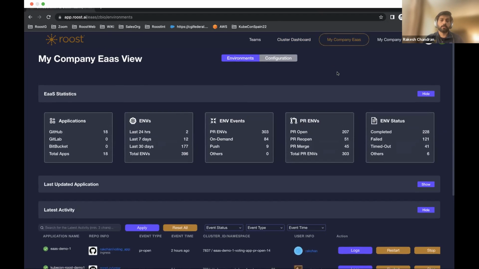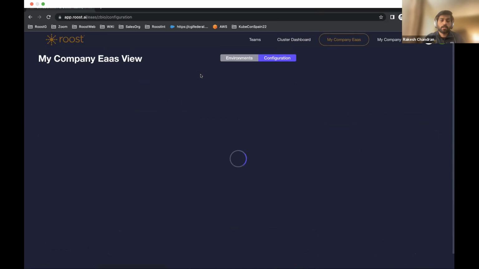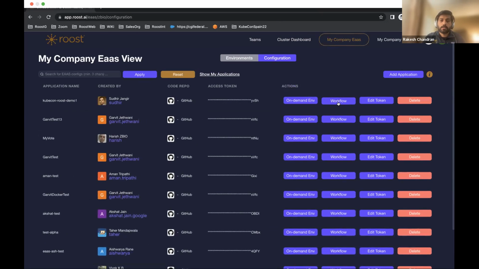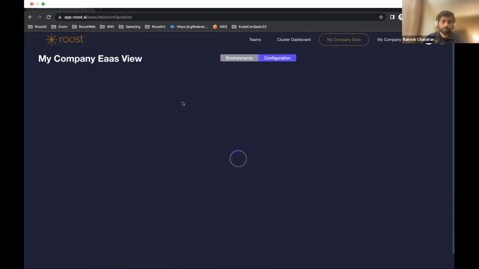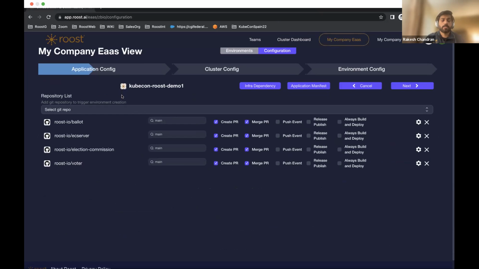This is where we can define the configuration. Here, I'll take an existing workflow. In this one, we have 4 microservices and the GitHub integration. The first part is deciding your infrastructure.